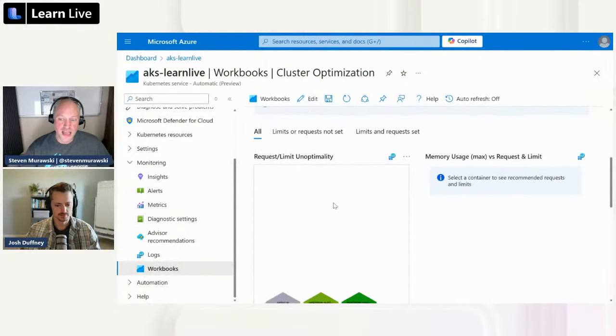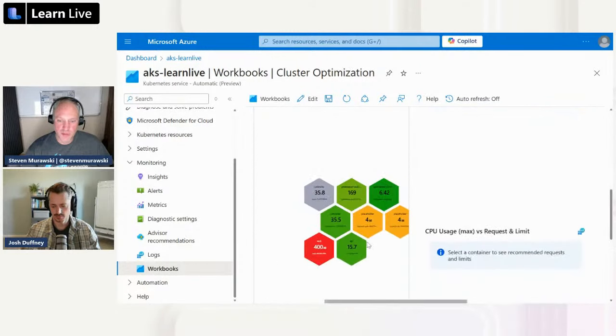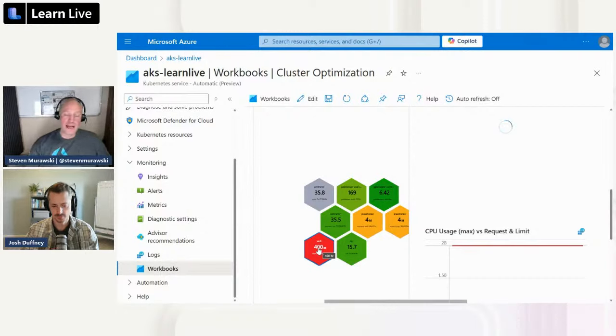And it looks at the workloads that you have deployed and compares the usage and the requests that it makes to the resource limits and requests that you have set for your application. So you can fine tune based on how they're actually performing